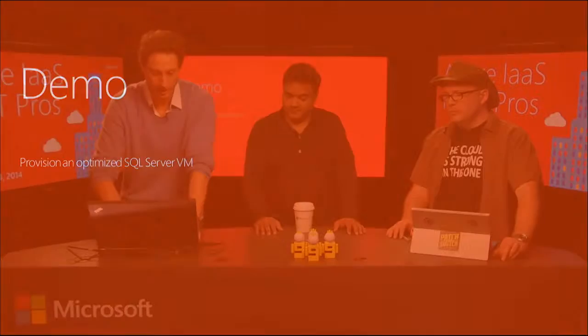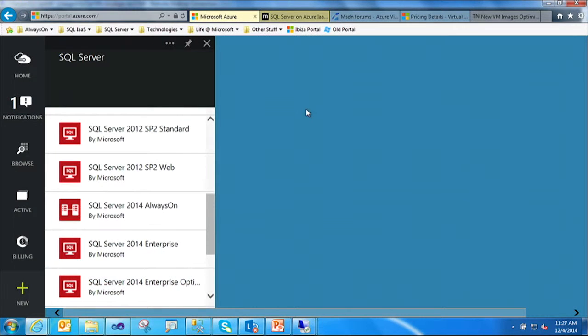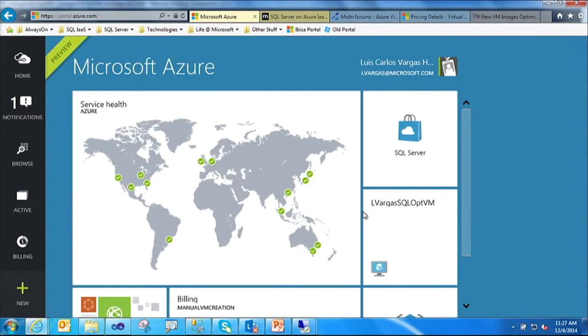Thank you, Nushin. All right, so let's show a few of the demos here. I'm just going to let this load. Okay. So what we have here is the Microsoft Azure portal. What I want to show you is how easy it is to provision a SQL Server virtual machine. By default, you already have one shortcut here,